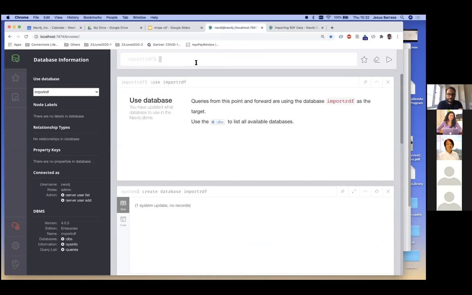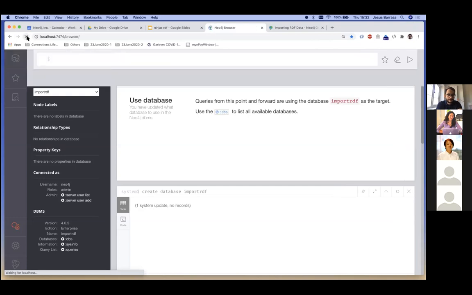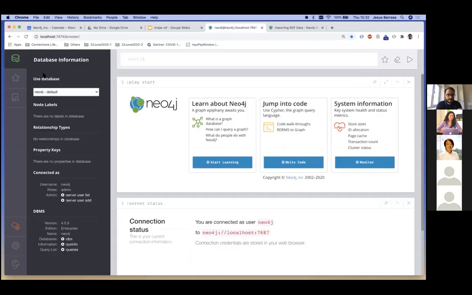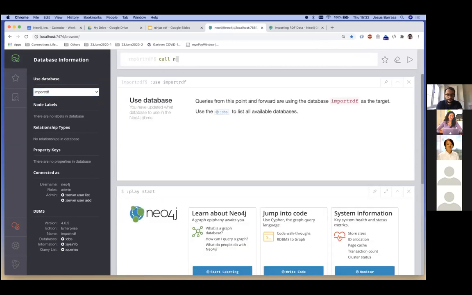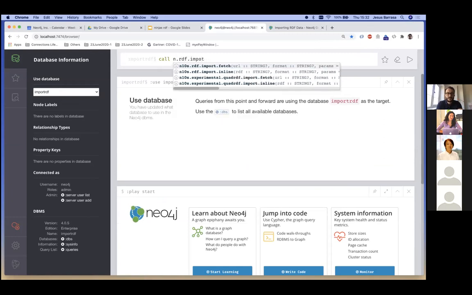But what I'm going to do is try to import RDF. I can do that directly from here using Cypher, because in the end, the extension is implemented as a set of stored procedures. So I could call them from here and say call n10s, and NS is the acronym. Oops, that's not it. Let me reload, because sometimes it doesn't pick up when it's a new database. Let's go again to RDF, because I want the auto-completion. There you go. So we have n10s, and we can do RDF, import, and there's a number of methods there,